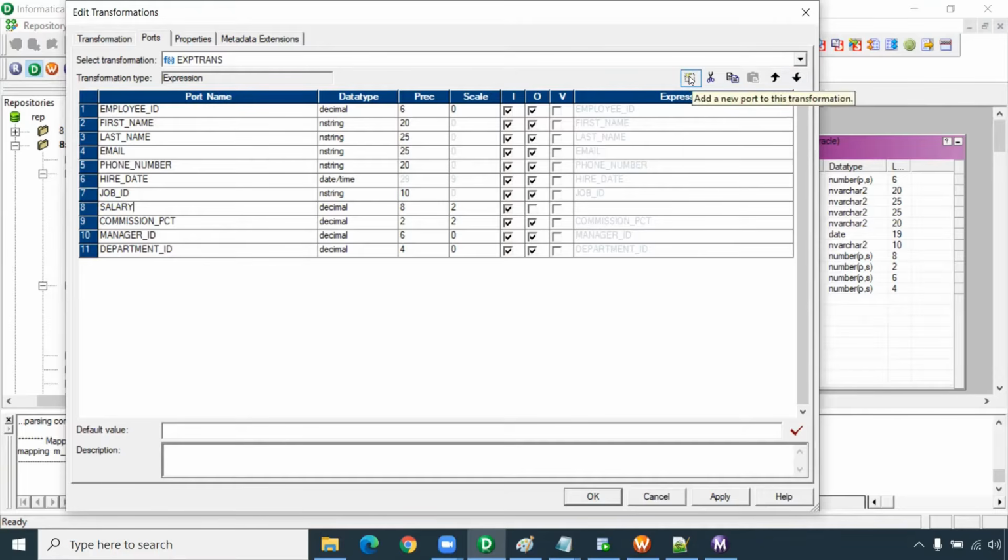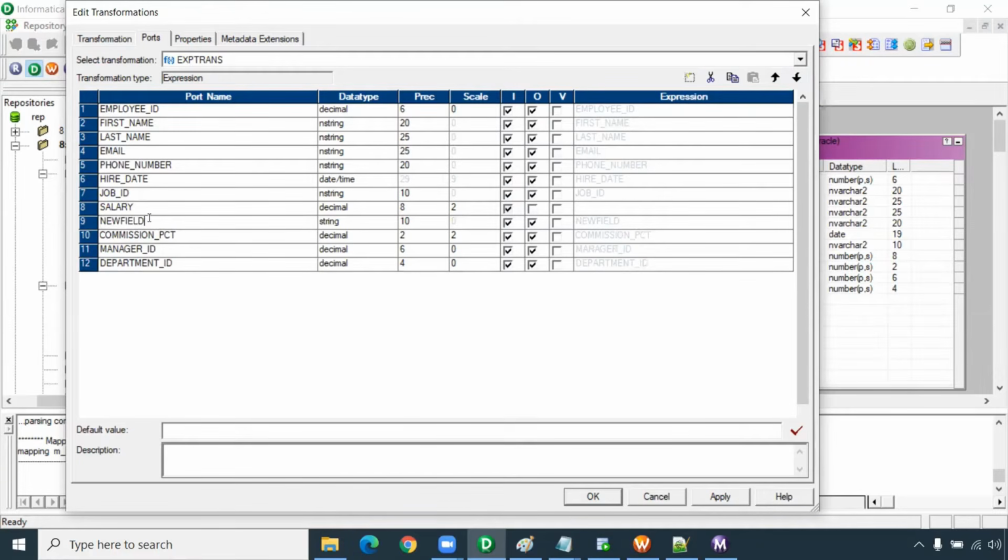You can keep the cursor here. Just create one new port called O underscore incremented salary. I'm creating that O underscore to denote this column we have created. I'm making it lowercase. If the salary is decimal, O underscore salary also should be decimal, right? So you can go for decimal point if you want, 2 decimal point.